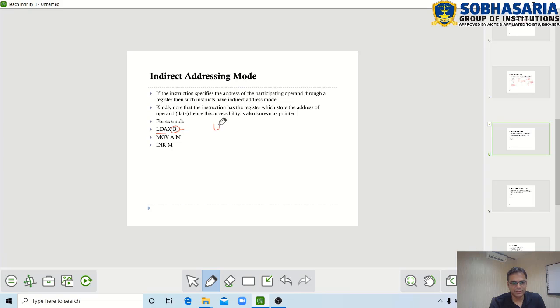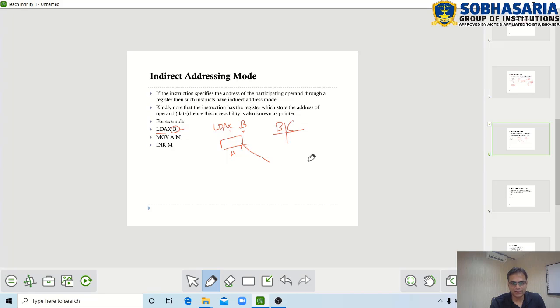You must know that whenever we write any instruction, and if it has X in the mnemonic, the register which is written here is not going to be alone. It will be used as a pair. So B is not alone here. B is working together with C in this instruction, BC as a pair. So we are going to load the accumulator, right? Some data will be loaded in the accumulator, but where does the data exist?